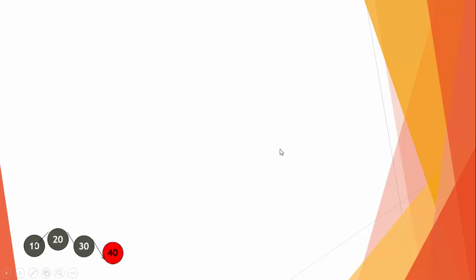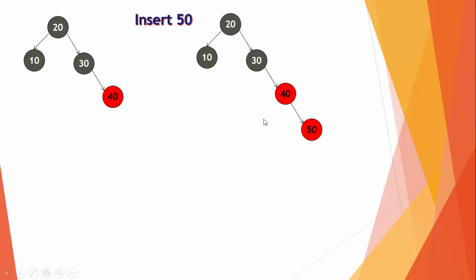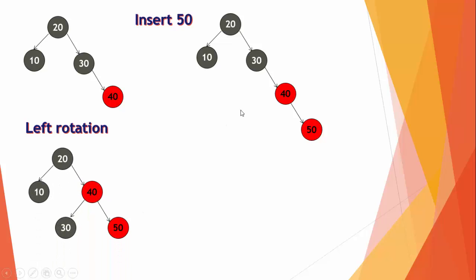Okay, this is our tree now. Okay, we want to insert 50. This is its position, the right child of 40. Here we have two consecutive reds. We need to do some action, which is left rotation, because we have the right pattern. We do the left rotation